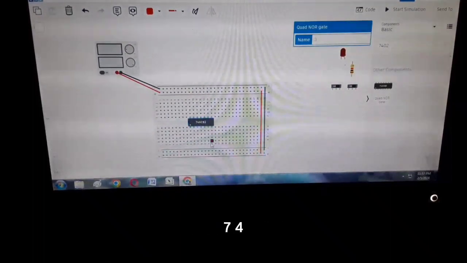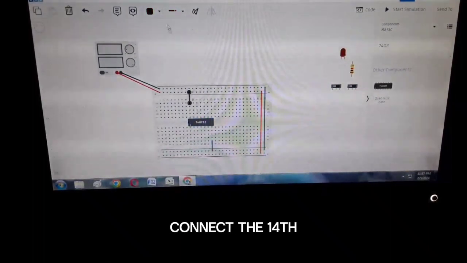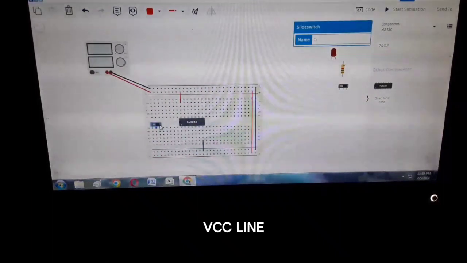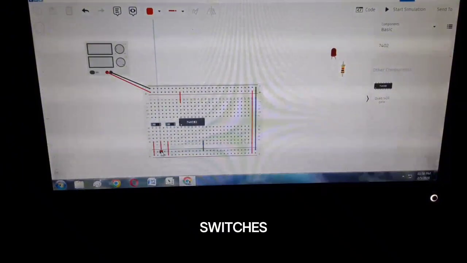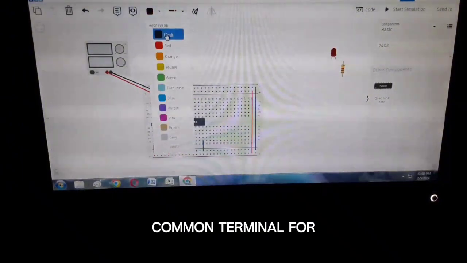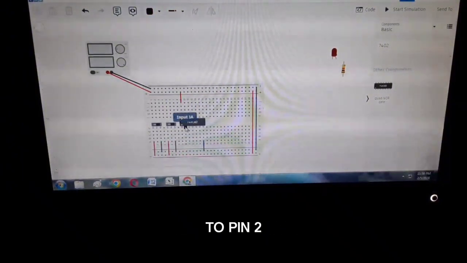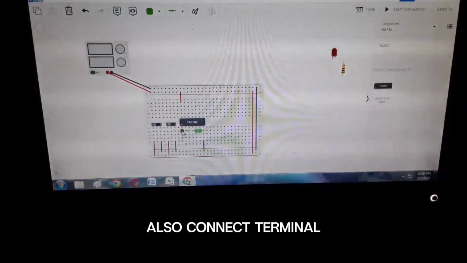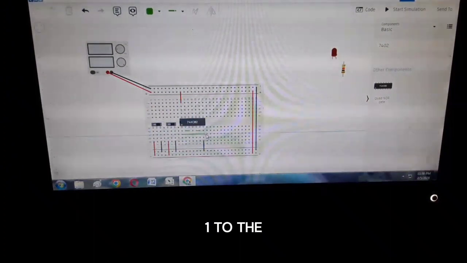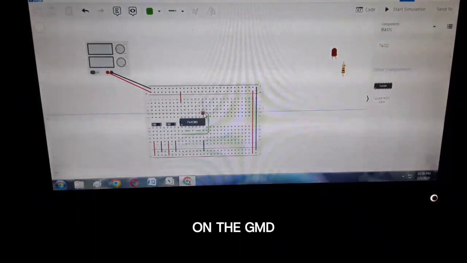Install the IC7402 and connect the 14th pin to the VCC line and the 7th pin to the GND line. Place two slide switches and connect each common terminal for input A and B to pin 2 and 3, and pins 5 and 6 also connect terminal 1 to the VCC line and terminal 2 on the GND line of